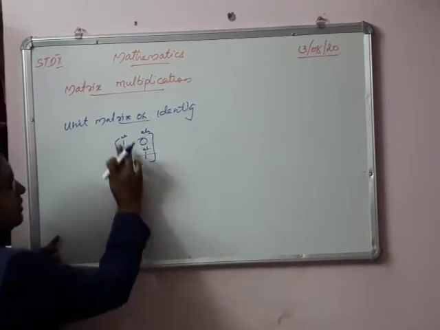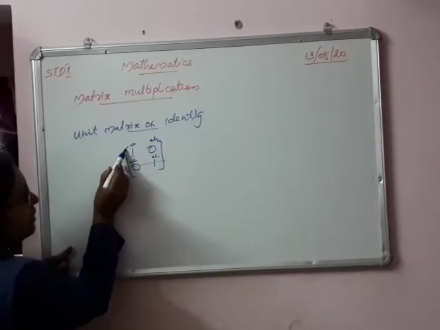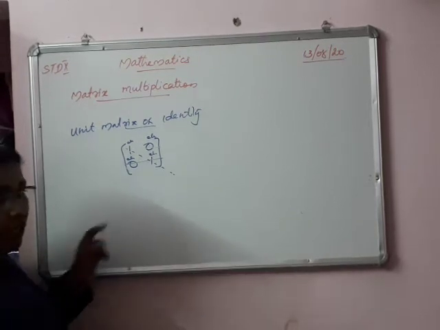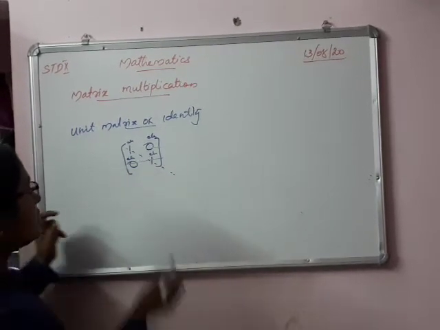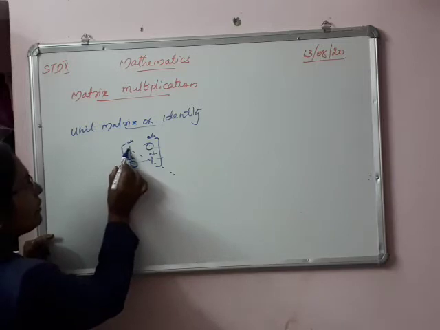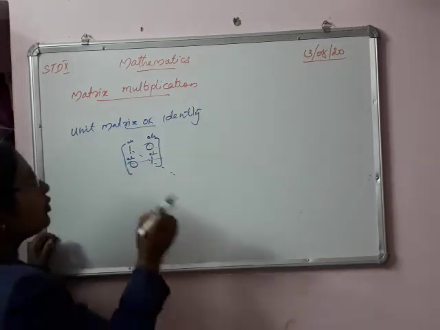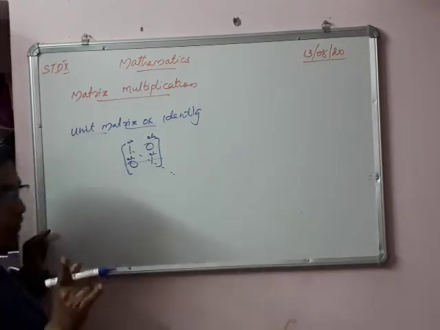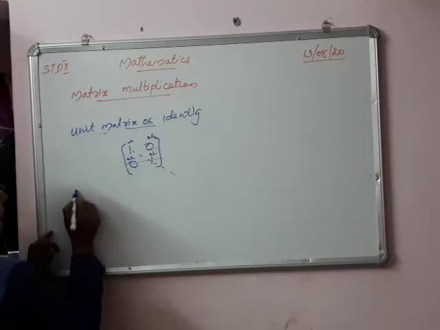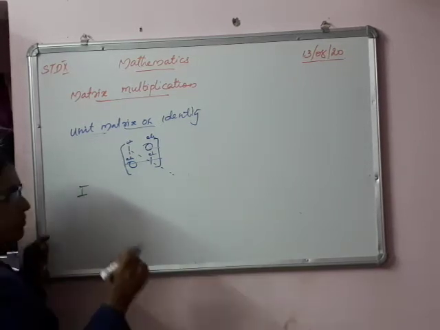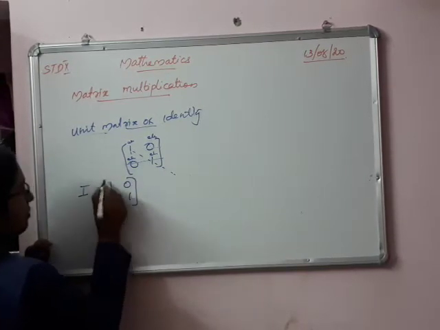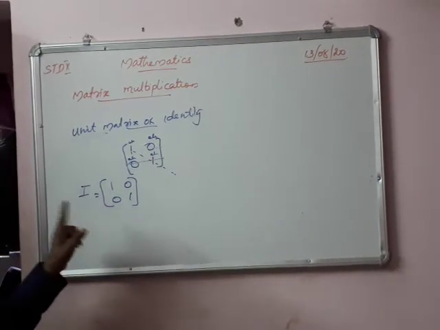Here you see the elements, and this is the diagonal of the matrix. In this matrix, the diagonal numbers are 1. So it is known as a unit matrix or identity matrix. In your exam question paper, they will say I is an identity matrix. Identity matrix means you take 1 0 0 1 as the matrix. That is the identity matrix. They will write I.